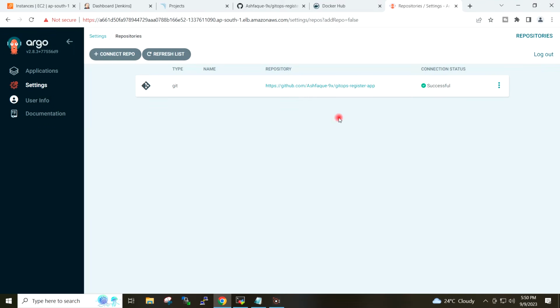So repository has been added to the Argo CD dashboard.